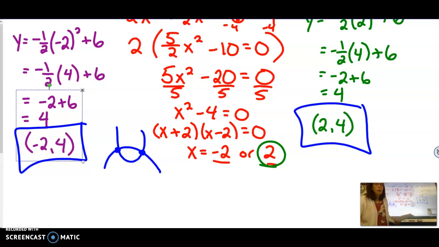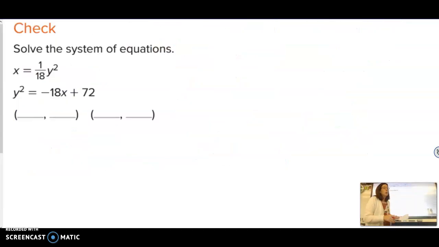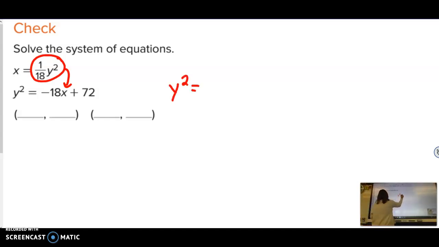Okay, let's try one more example of this. So it's the same idea. I already have the x by itself here. So I'm going to take this and plug it in for that x that I see right there. So I'm going to have y squared equals -18 times. Then I'm going to have the 1/18 y squared go in place of that,